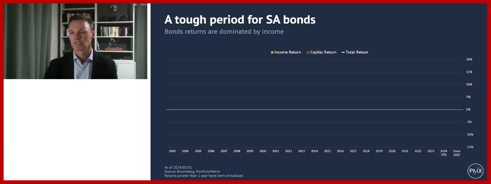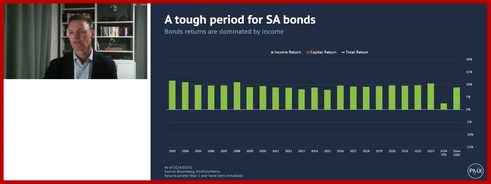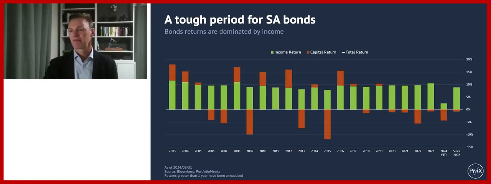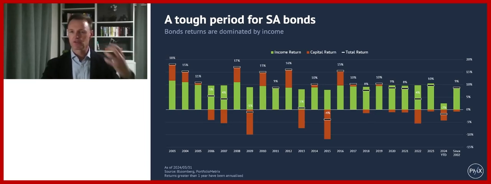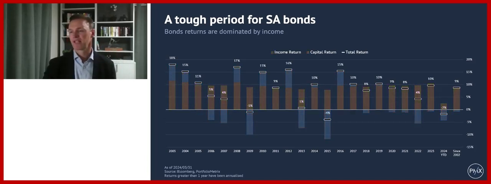And if you look at bonds, and this is going back from 2003 onwards, this has been the income that you've received out of the All Bond Index over the period. This has been the capital movements. And then these little bars that we're bringing in now are actually the total return. Because really, at the end of the day, like the fruit off the tree, what you get from a bond is the income. And you can see that actually your returns haven't been that bad, even with a bit of capital volatility.